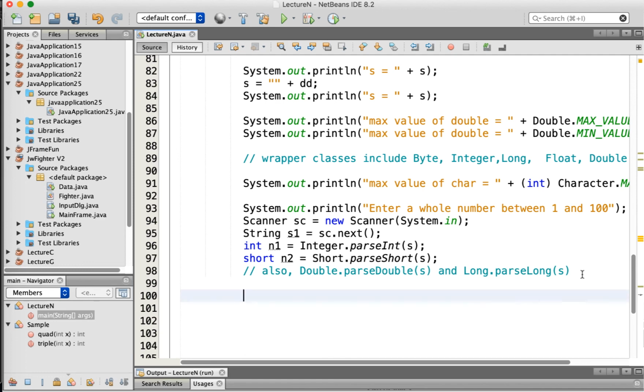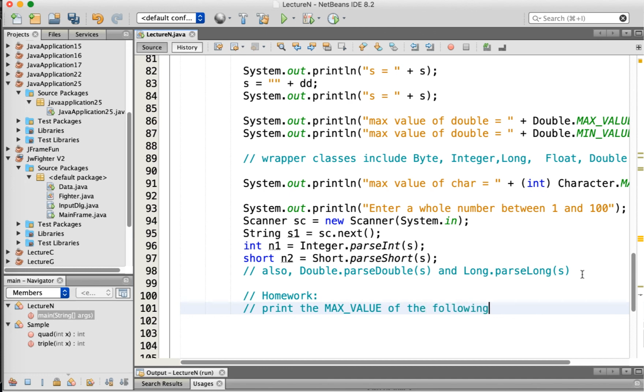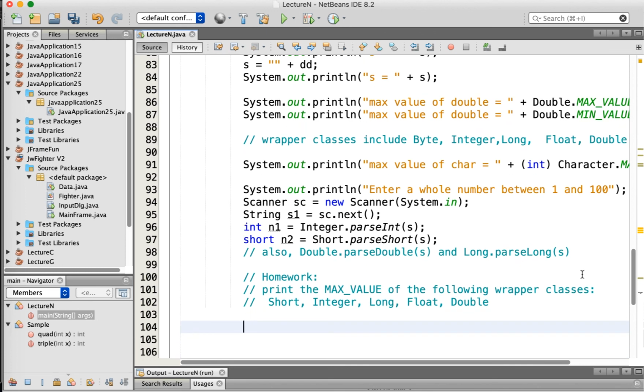So, what's our homework assignment going to be? Print the max value of the following wrapper classes: short, integer, long, float, double. Okay. That's about enough. Then ask the user for a number between 1 and 1,000 and